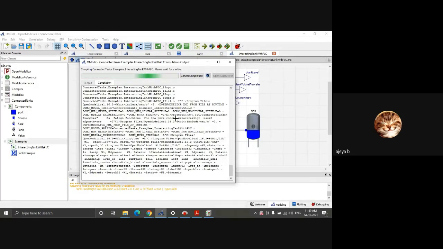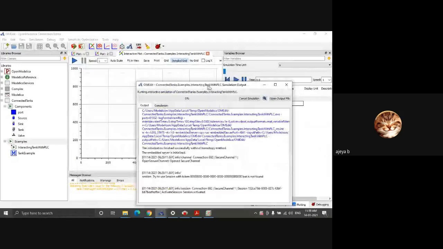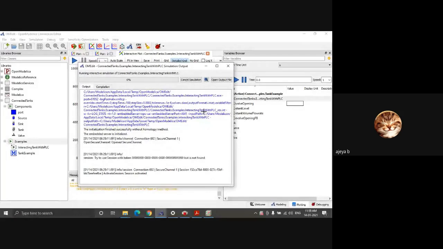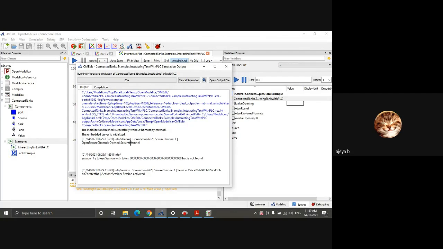Previously, if you haven't used interactive simulation, it will start simulating as soon as you compile. Here in the progress bar, you can see 1%, 2%, and so on until it directly finishes the simulation. It won't wait for anybody. Now, it has created a channel and is waiting for the OPC UA script so that CodeSys will connect to this, and then it will start the simulation. Up till that time, there is no simulation going on right now. It is just waiting for commands from OPC UA. Similarly, on the CodeSys side also, it is waiting for OPC UA.